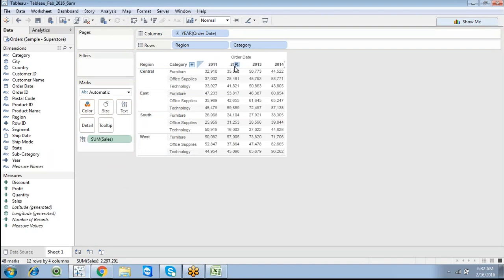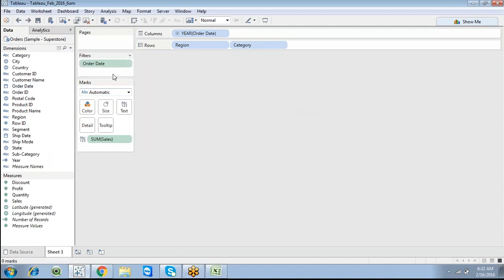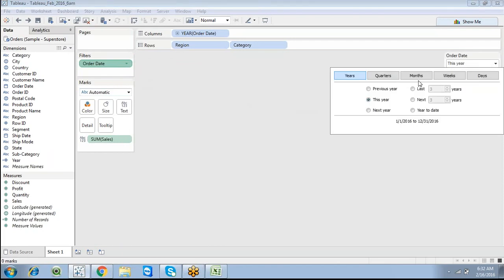We have 2011, 12, 13, 14, so four years of data. But when working with relative dates and we select this year, it is nothing but 2016 data. I want to see 2014 data, so go with the previous year.